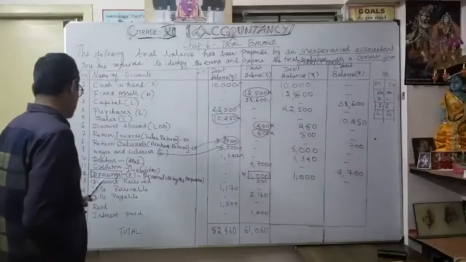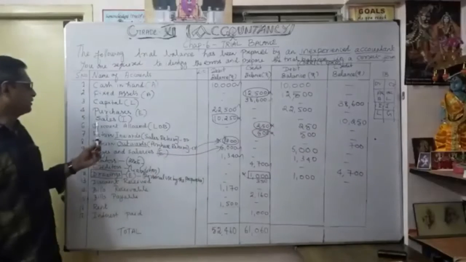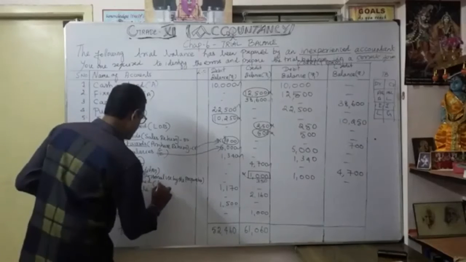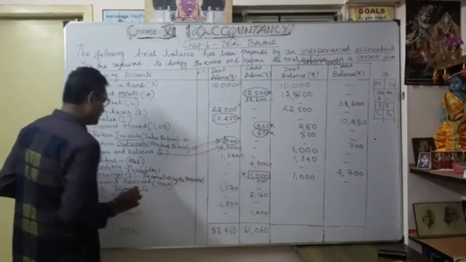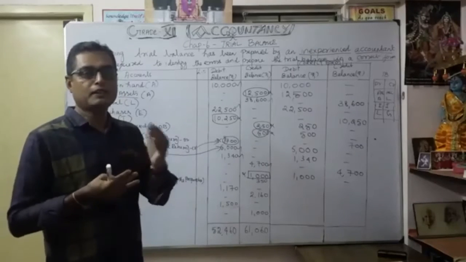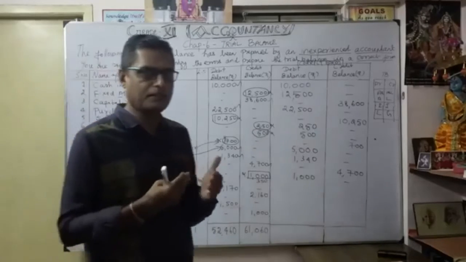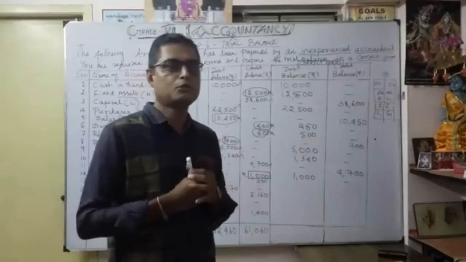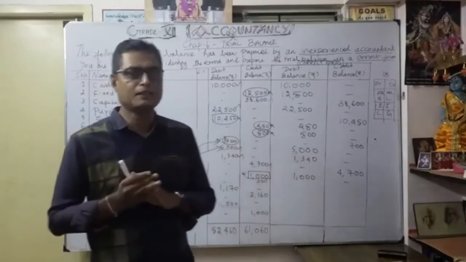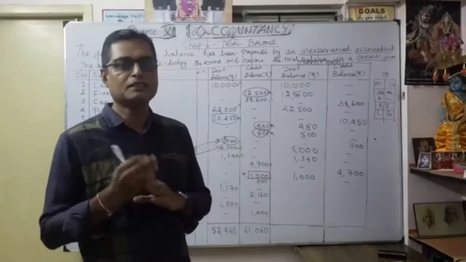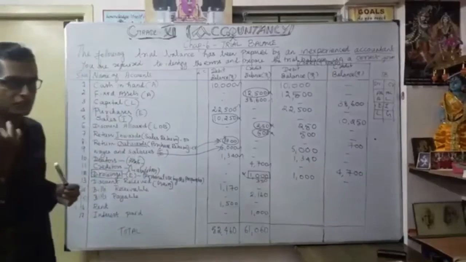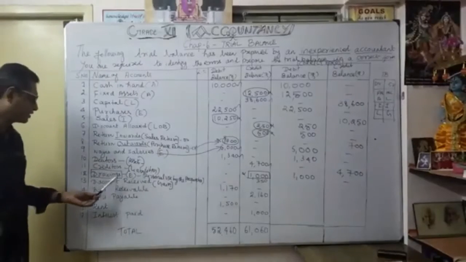Then, discount received. Here we also discussed that discount allowed is a loss. So naturally, discount received is what? It is a gain. How does discount received arise? When goods are purchased from the supplier, for example, you purchased goods from the supplier for 10,000, but you paid only 9,500. So the supplier considered a discount for us. So we enjoy the discount considered by the supplier, and that is called, from the company's point of view, discount received.